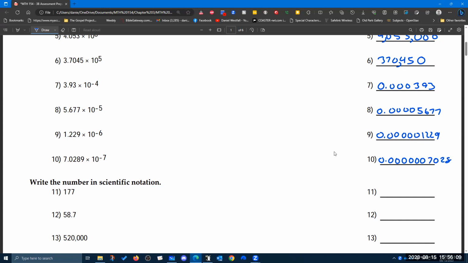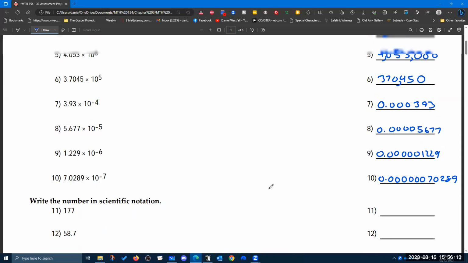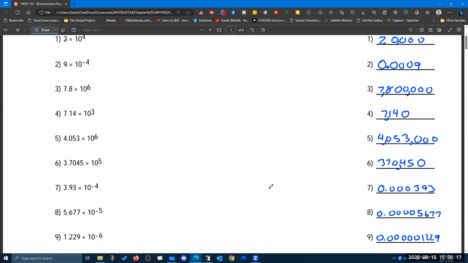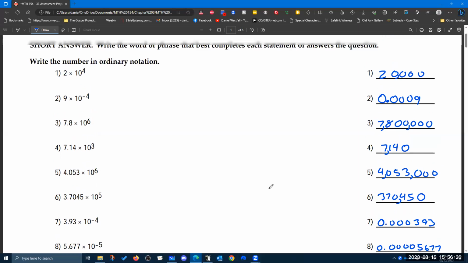7, 0, 2, 8, 9. So you see that scientific notation is a way to help us write numbers that are very big or very small in a condensed form, and it helps us to see the digits that are what we call significant. So I'm just going to go through this, even though we haven't talked about it yet, and you can read about this in your textbook,